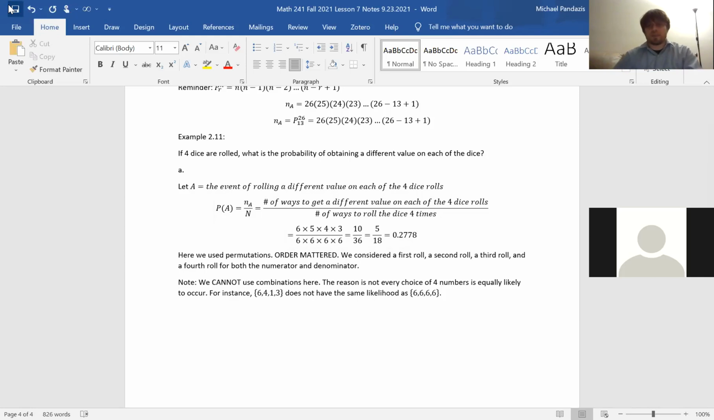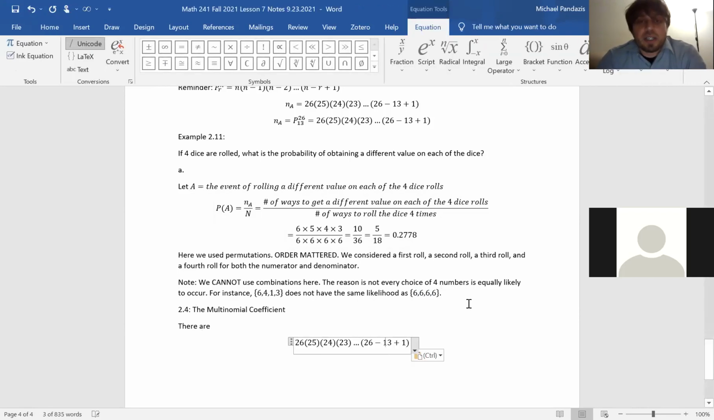Okay, so that's the end of 2.3. The next section is 2.4, which is on the multinomial coefficients. Just to start this off, because we're going to have to continue this next time, we have 10 minutes left. There are